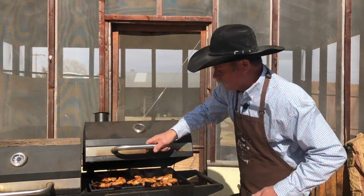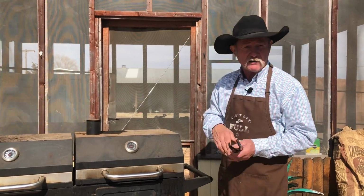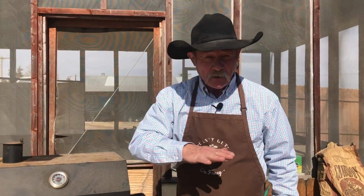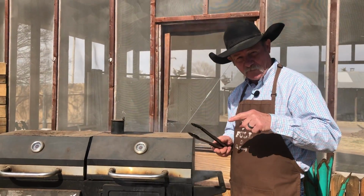So let's see, can we slow that flamethrower down a little by choking that oxygen off of it everywhere, and see if that fire will die down a little. I made a mistake. I should have let that fire go out before I moved them birds, but we will be okay. Now, we're going to check this in about 2 minutes, and we've been on a minute already,